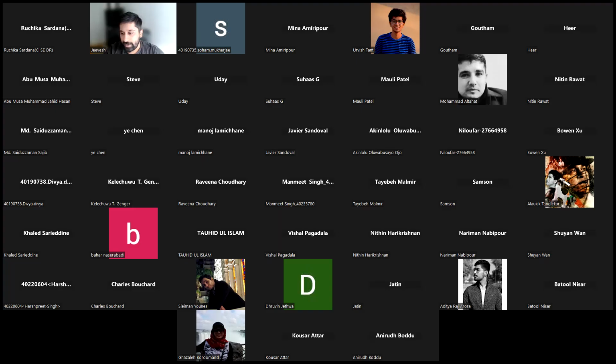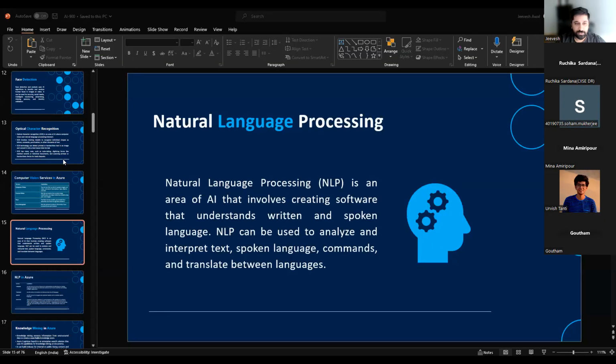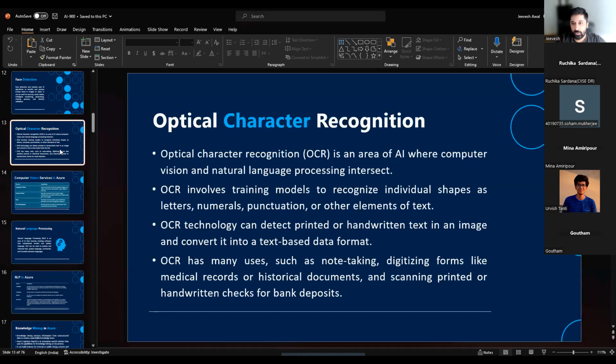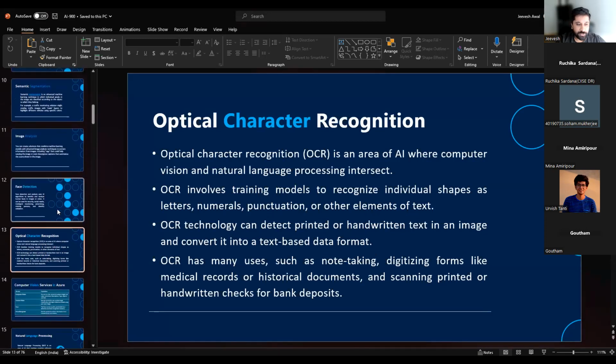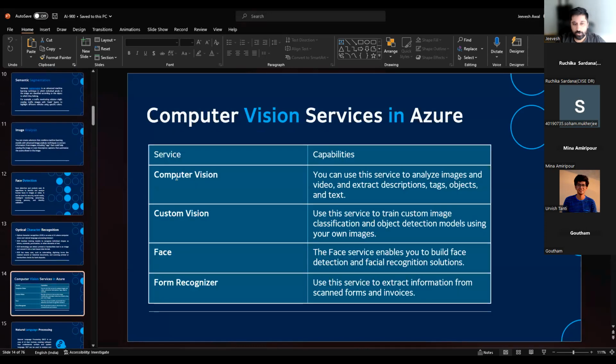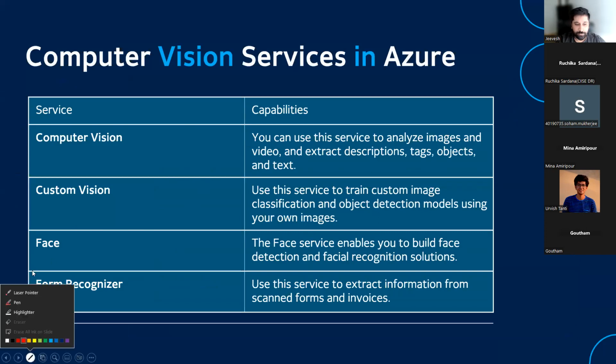Coming back to our slides, since we have just 5 minutes, I'll just touch upon a few topics. I won't go in detail. So this is what is OCR. Okay. As a quick revision, computer vision is a service where you can use multiple APIs. They have some pre-built APIs, or you could be creating the ones that you have to, and that will be custom vision. So if you have a custom model, you're looking at a custom vision API.